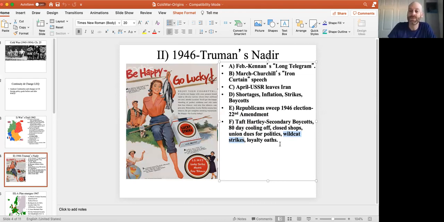And of course, because we're now afraid of communists, Taft-Hartley would purge communists out of the labor movement. There were, believe it or not, quite a few communists in the CIO, not in the AFL. And those people would all be kicked out. You would have to swear a loyalty oath to the United States government, and you had to swear that you were never a communist. And if you were, you would be thrown out of government, essentially.